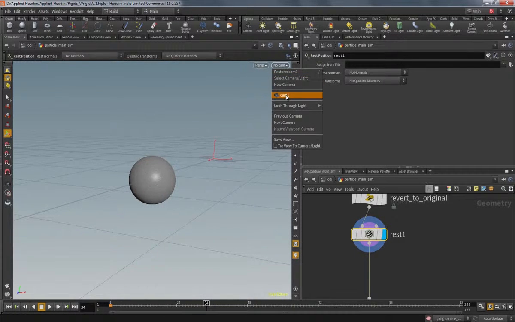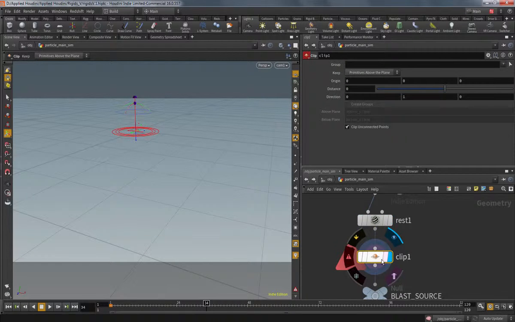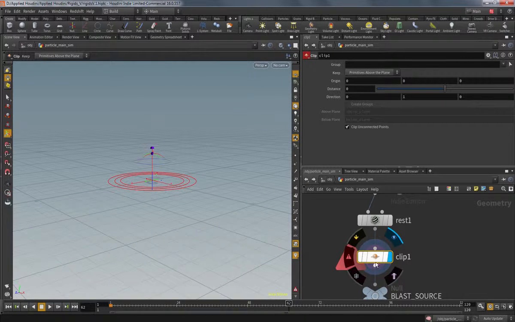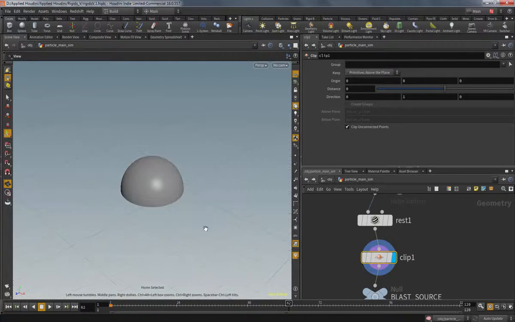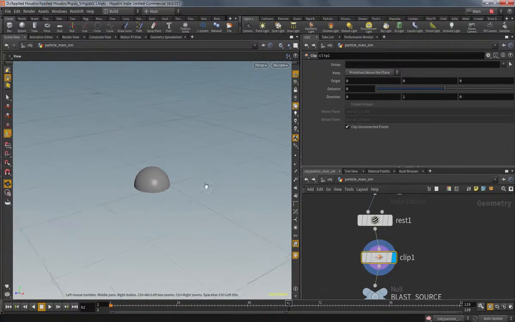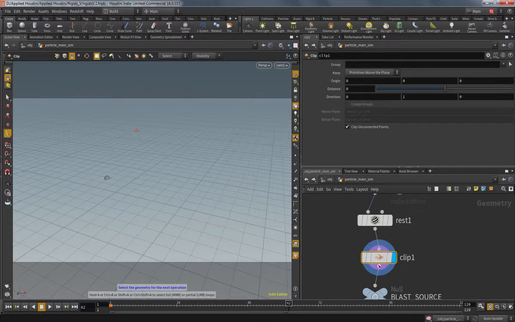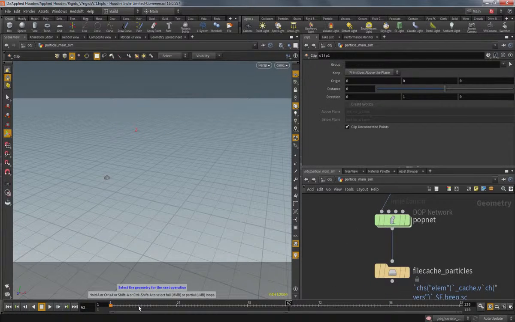So we need to cut off the bottom there. Easy enough. Use a clip. The clip is already on the 0 here. So if I go over to, let's say, 62, which is the one that we've been working with, there it is. So there we go. Cuts off the bottom. Off. On. Easy enough. The other issue is that the wind, the pop wind that we made, is still blowing the